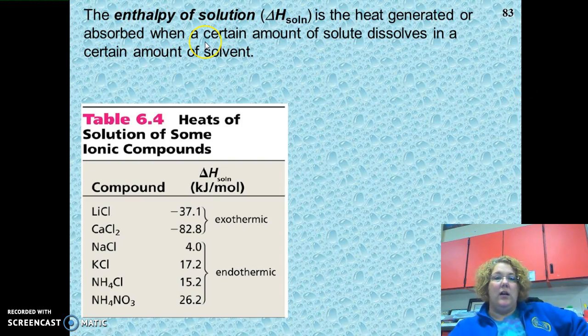So, in addition to doing chemical reactions, we can also just do this for stuff dissolving. That's called the enthalpy of solution. That's how you write it. It's just the heat that's generated or absorbed when a certain amount of solute dissolves in some solvent. For example, those disposable ice packs have ammonium nitrate in them, because when that starts to dissolve in water, it sucks in heat. It's an endothermic reaction. So it sucks in heat from you, the surroundings, so it feels cold. These two, the calcium chloride